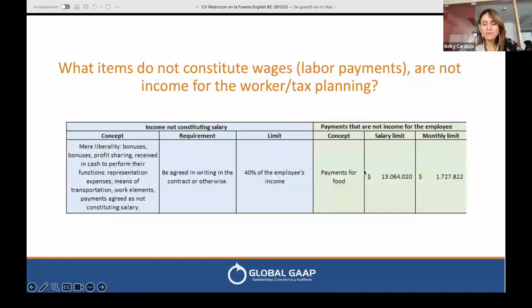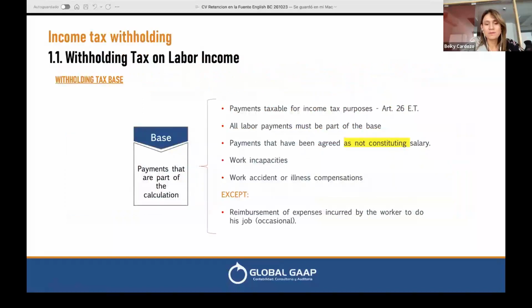So moving on, this is related to the payments for food, but I'm going to explain it further in the next slide, so I'm not gonna stop here. Okay. So here, the withholding takes place